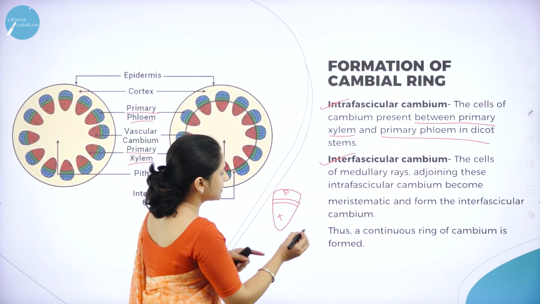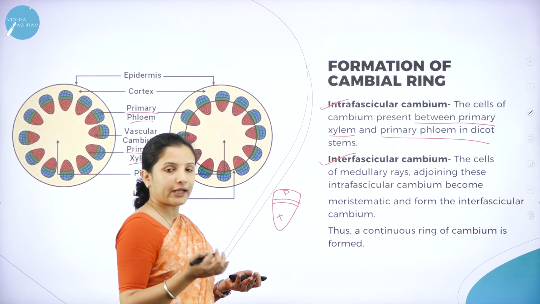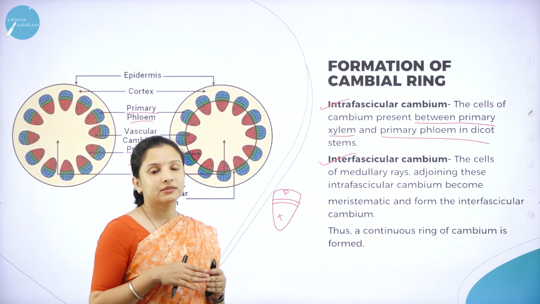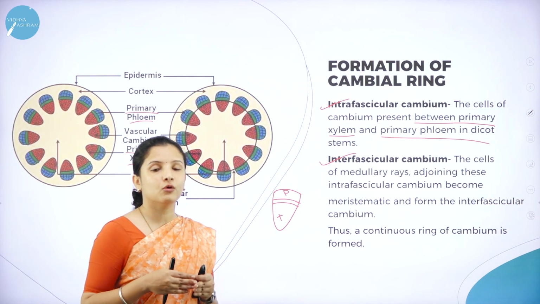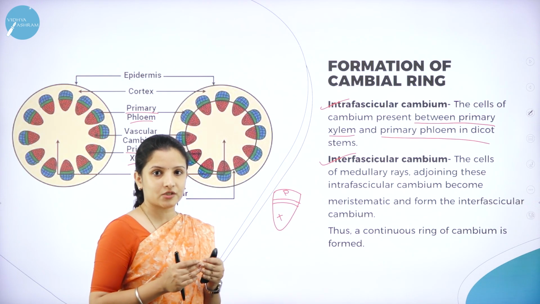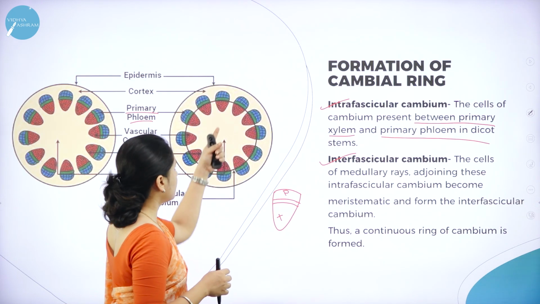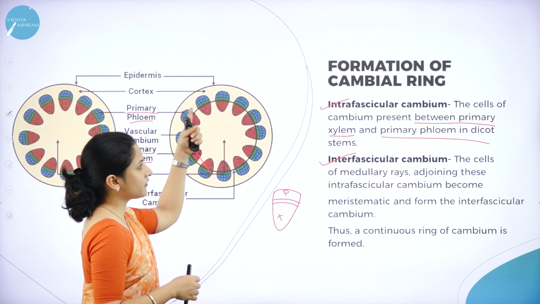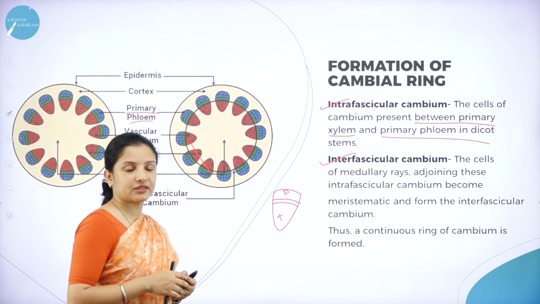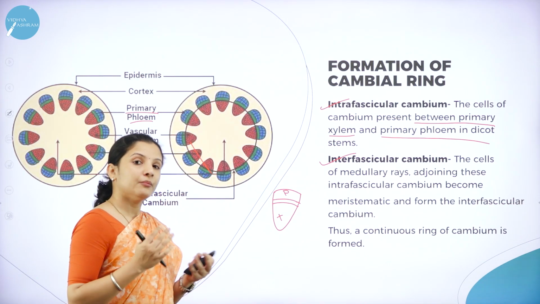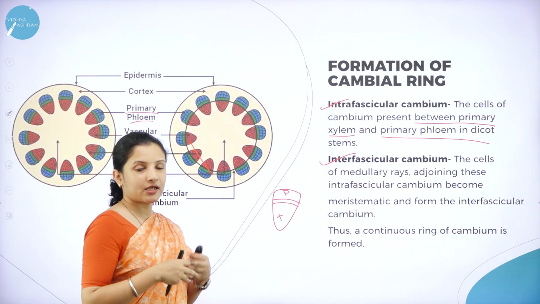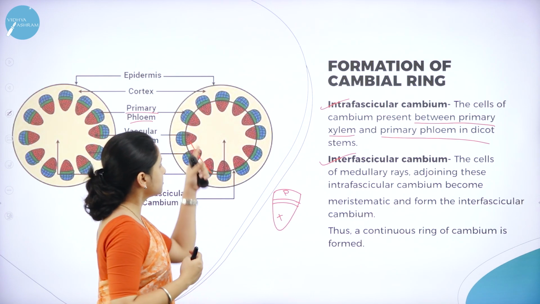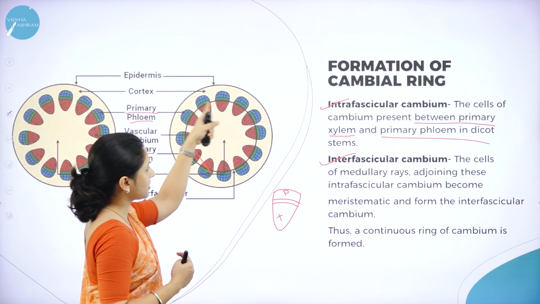On the other hand, say for example, in the plant, is there only one xylem tissue and one phloem tissue present, or as a whole is there only one vascular bundle present? No, the vascular bundles are usually arranged in the form of a ring in the case of stems, that is in dicot stems, right? But in monocot stems, what did I tell you? They are haphazardly arranged, that is, scattered here and there. There is no complete formation of a ring as such.